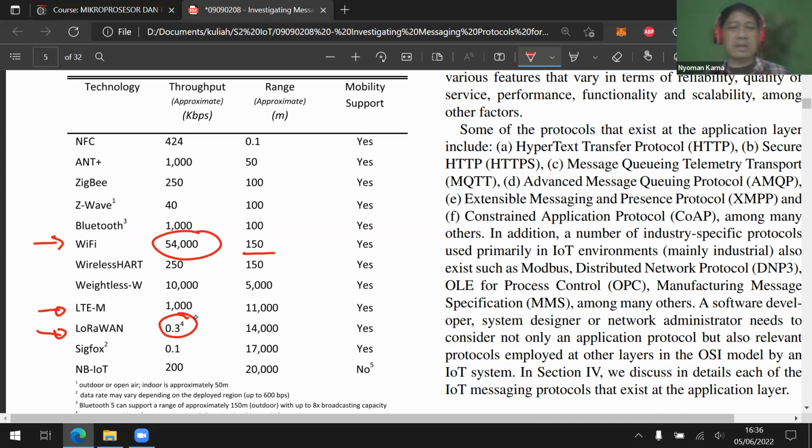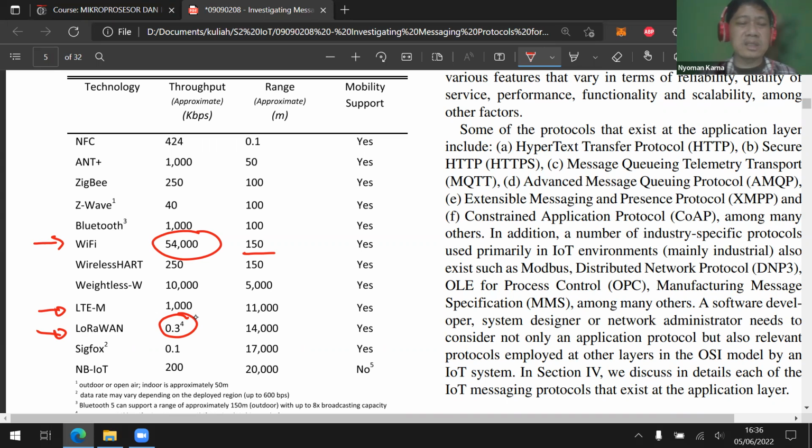In LoRaWAN, the throughput, yes, is very small. It's only 0.3 kbps or around 300 bit per second, but it's more than enough to send temperature data and also humidity data. Okay.